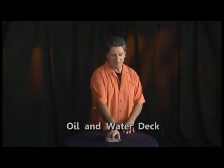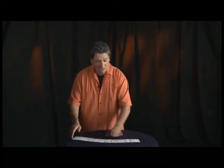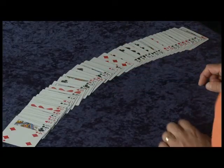Now it's time for the big finish. Little something I like to call the oil and water deck. This is great. I did this at the very beginning. In fact, it's probably the very first trick I did. You show a deck, they're all mixed up, red cards, black cards, red cards,